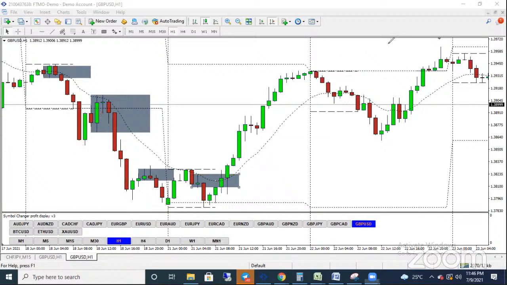If you trade breakouts, once this candle broke and closed above, you simply take your buy. Your stop loss is below. This could possibly,